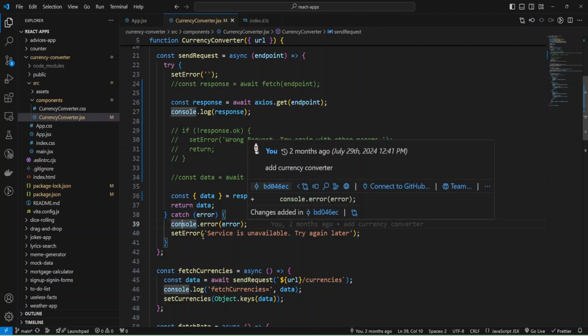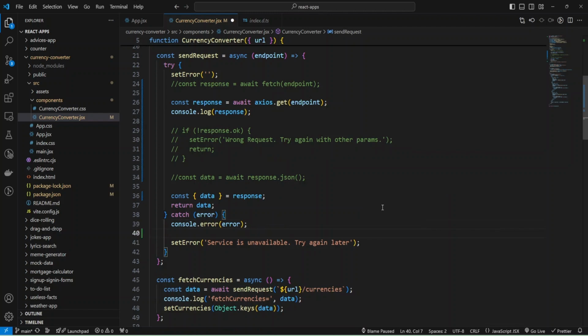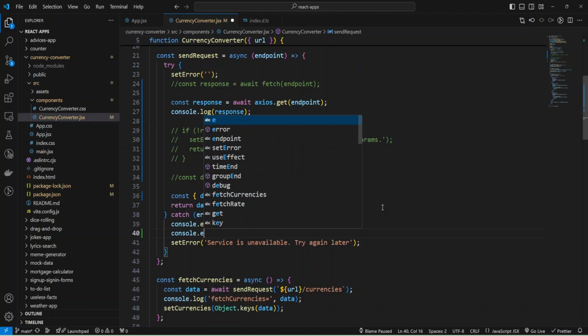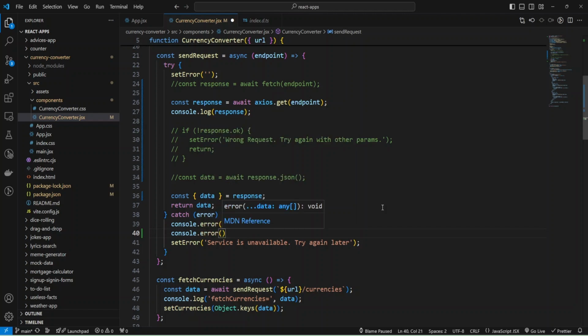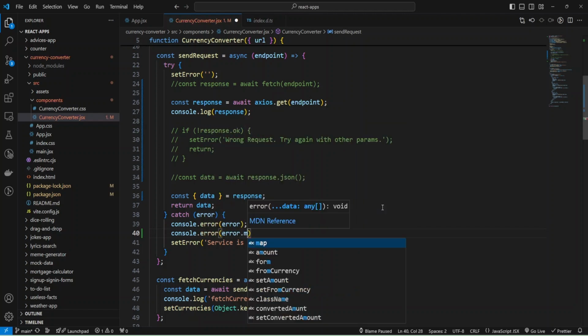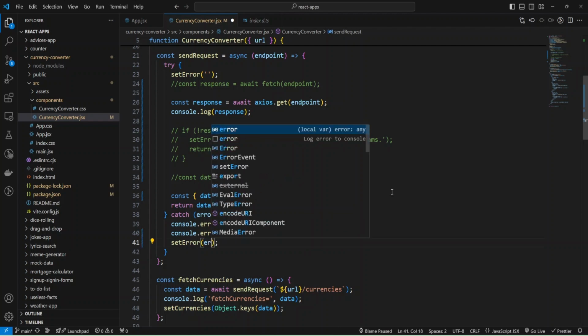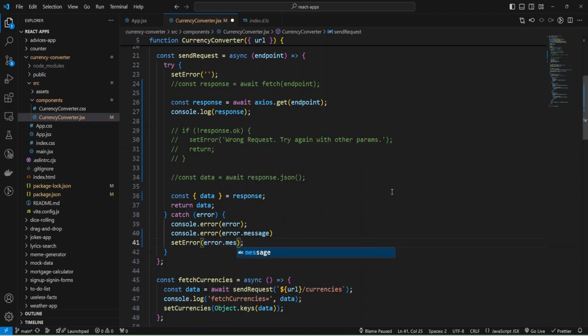shows us the error, and we can provide console error and provide the actual error message, and also we can set the error message to our setError function.